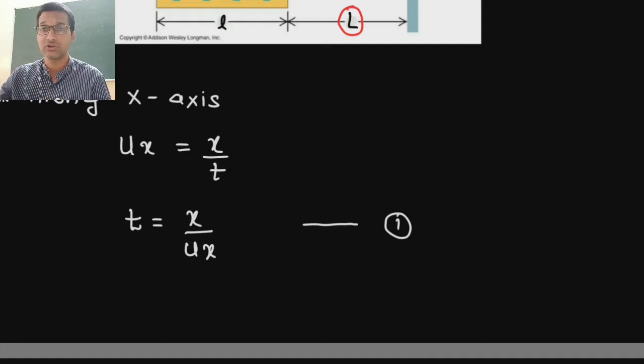For horizontal motion and for the vertical motion, the time required will be same. So we can use this time to replace in equations. So along x-axis there is nothing much happening, only there is constant velocity that we can use to find time, how much time it will take to travel through this field.